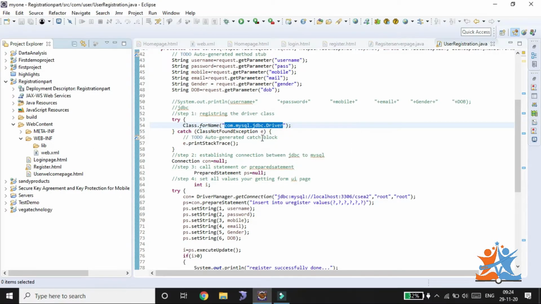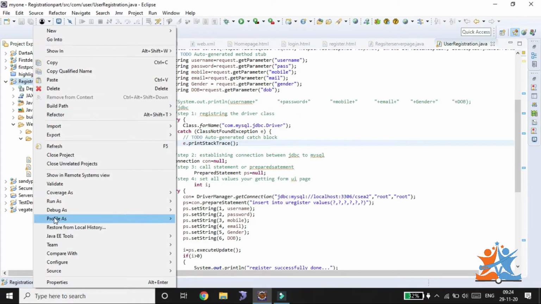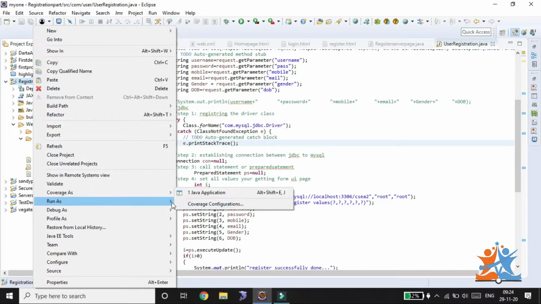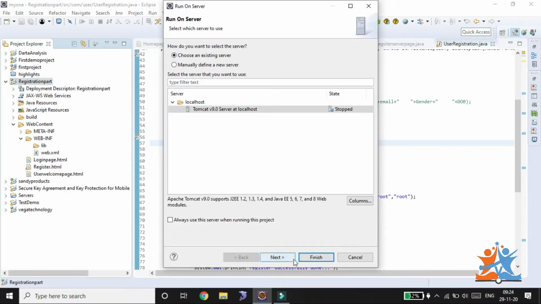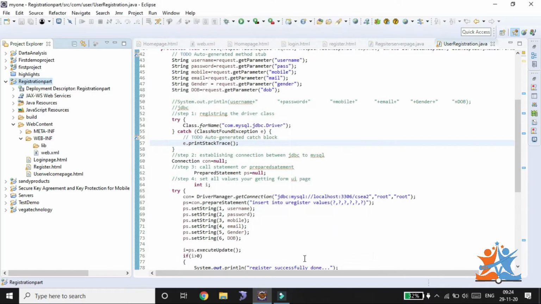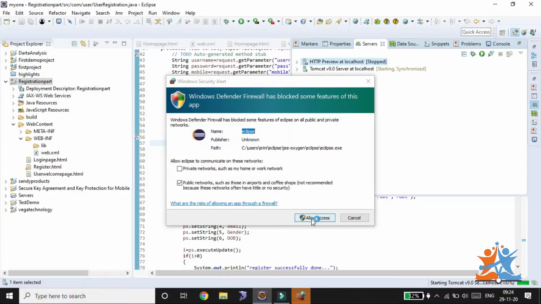Most of the people, when they are doing the project or inserting data into the database, don't have awareness about jar files. So most of the people do the same thing like this. For example, I right click on the project, Run As, Run on Server. We run our server as a Tomcat server. Click on next and finish. So automatically our server is started,